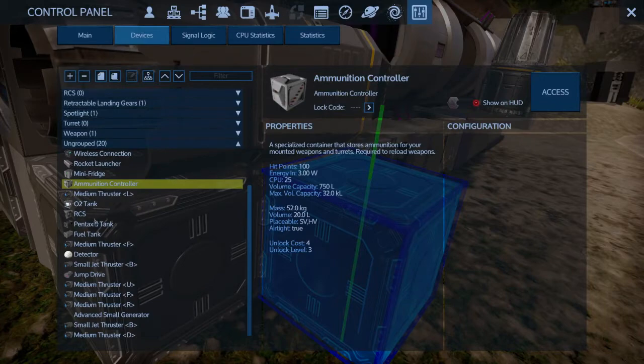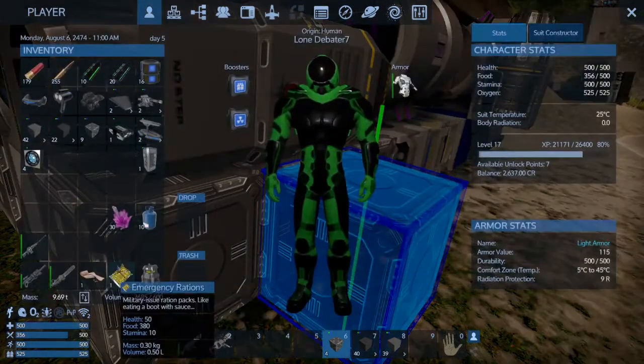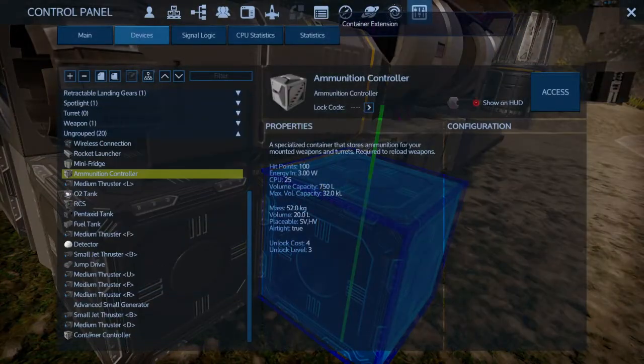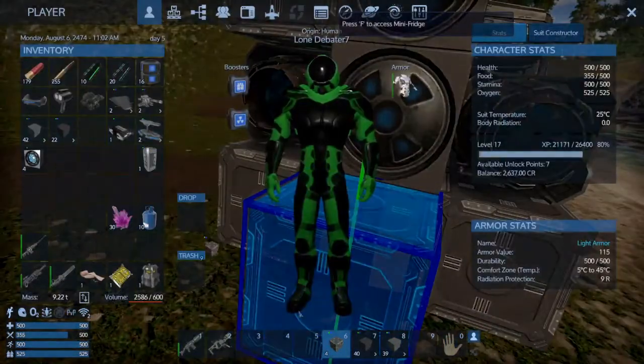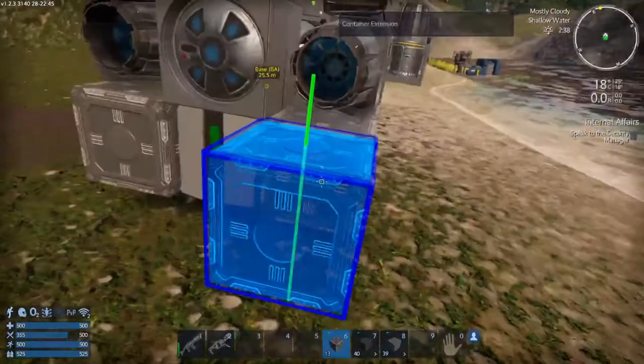So I don't care about the ammo controller. There's definitely going to be enough in there. I can actually throw our ammo inside real quick. But I am curious about our container controller, because I want to have a fair amount of space. So it only has 375, which is not a lot. I do have another 9 of these, though. So maybe what we'll do...